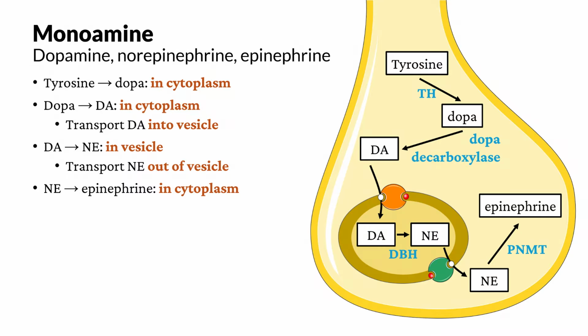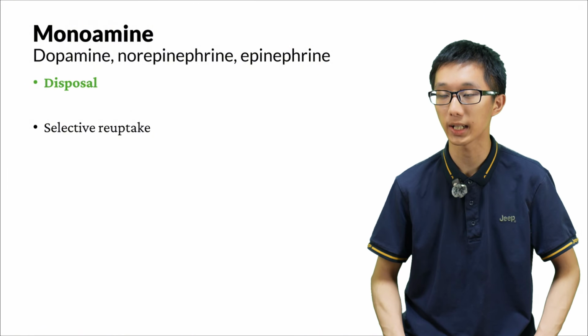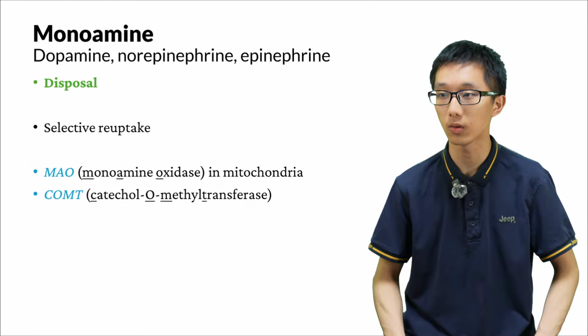Adrenaline is just what is synthesized by the adrenal glands above the kidneys. These are synthesized into the bloodstream when we are very excited. How are these catecholamines disposed of? Well, firstly, there is an extensive amount of selective uptake. Many of these are reuptaken into the presynaptic terminal. There are also two enzymes for degrading them. First, MAO, monoamine oxidase, in mitochondria. These are responsible for degrading these molecules after selective reuptake. We also have catechol-O-methyltransferase, or COMT, which is also responsible for degrading all three neurotransmitters.